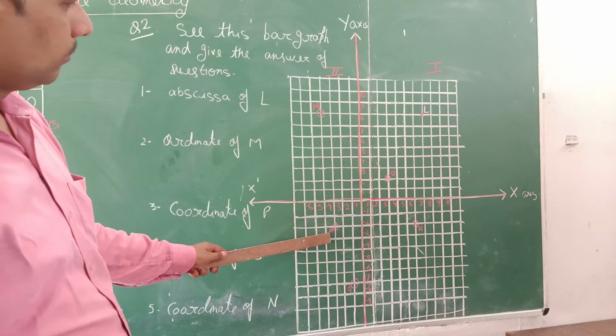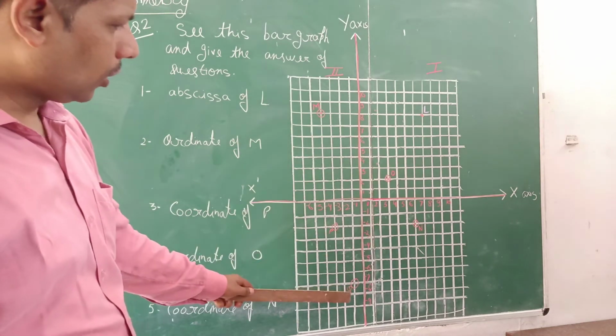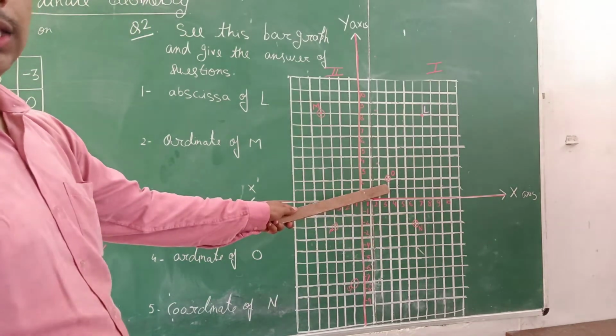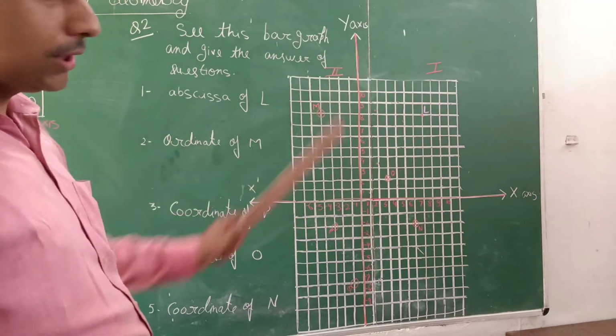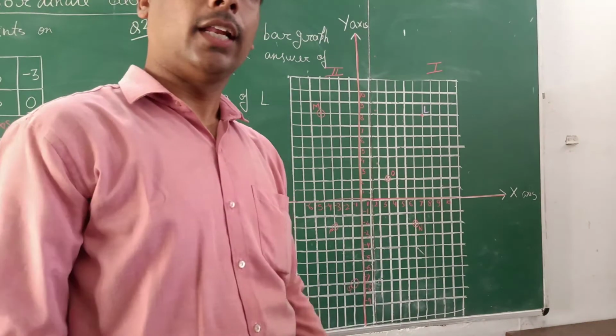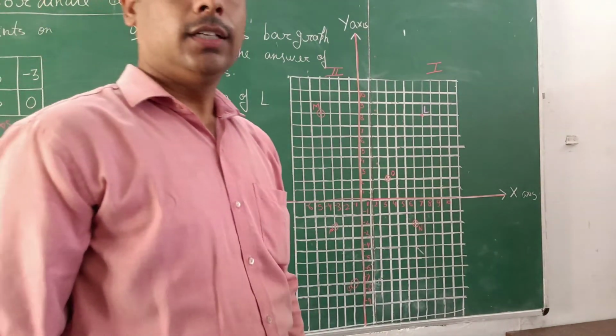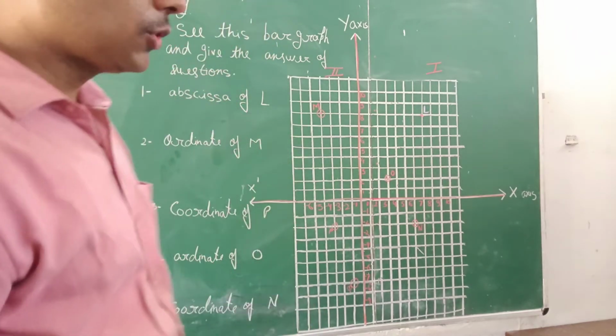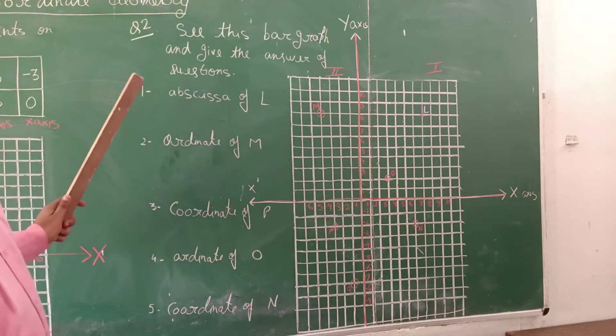Points P, Q, N and O. These are the locations of the points that are already given in the graph. Now you are asking some questions. The questions are: number 1,